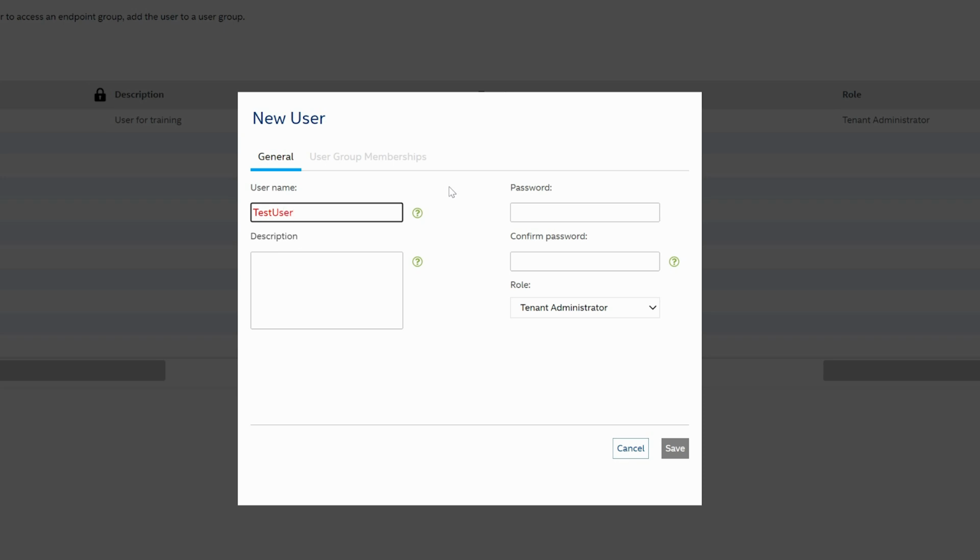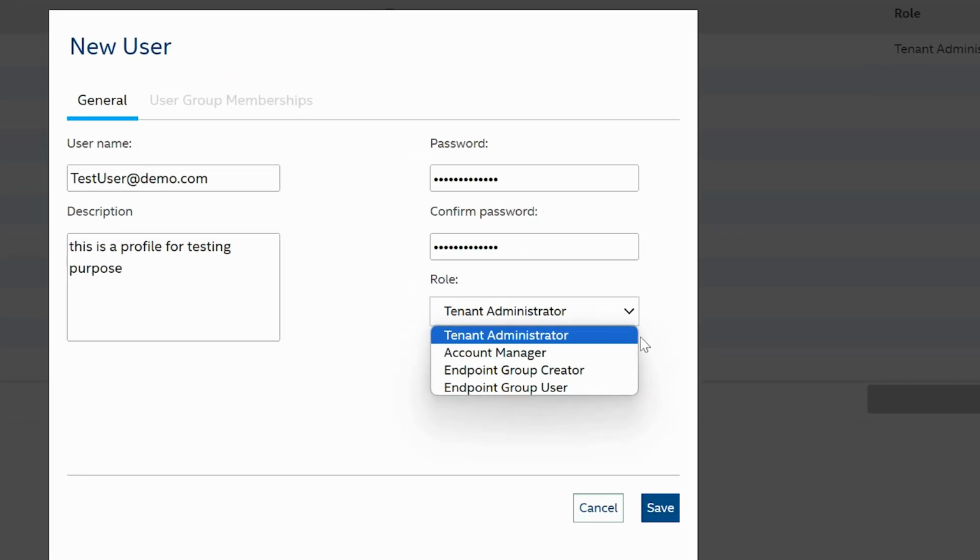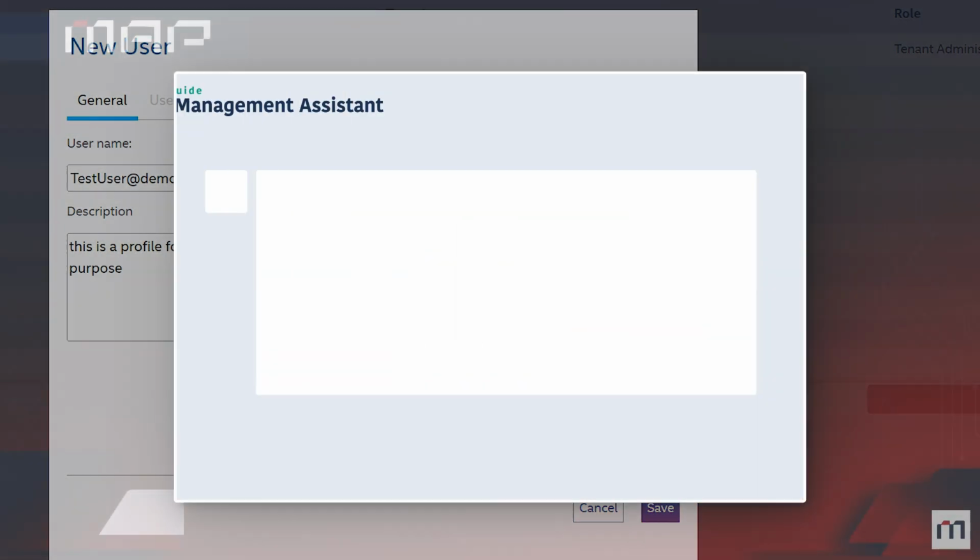Enter a username. The format needs to be an email address. Provide a description. Provide a valid password and confirm the password. Select the role of the user. You have the choice between Tenant Administrator,